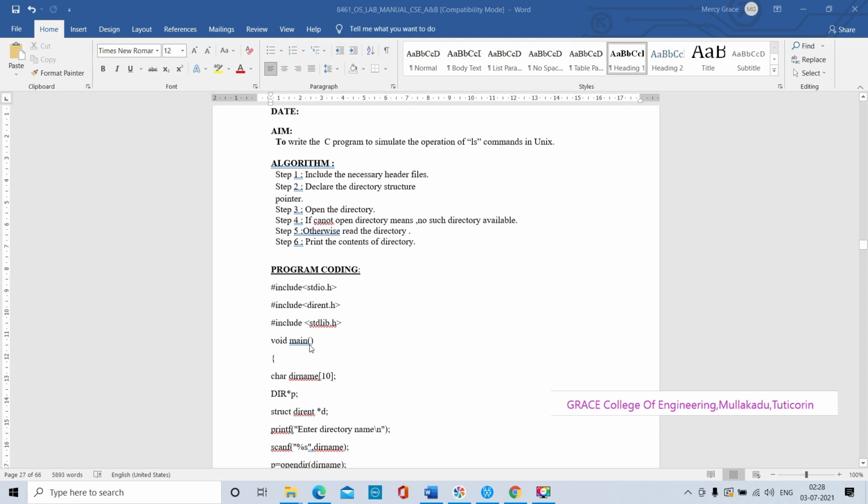Void main. From this void main, the program will be started. Main is the main function. Void is the function data type.